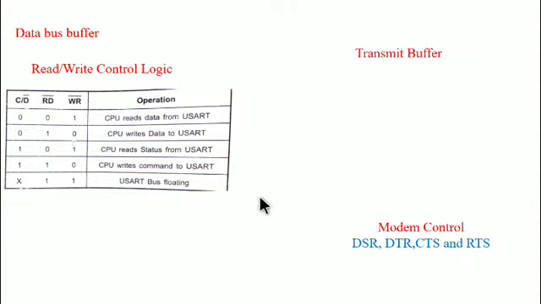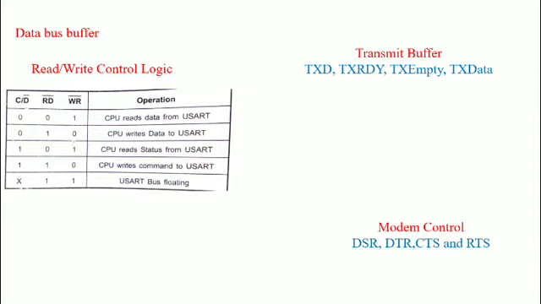Next, the transmit buffer. It has transmit ready, transmit empty and transmitter clock. It has two registers: a buffer register to hold the 8 bits, and an output register to convert the 8 bits into a stream of serial bits. The CPU writes a byte in the buffer register, which is transferred to the output register when it is empty. The output register then transmits the serial data onto the transmitter data pin.